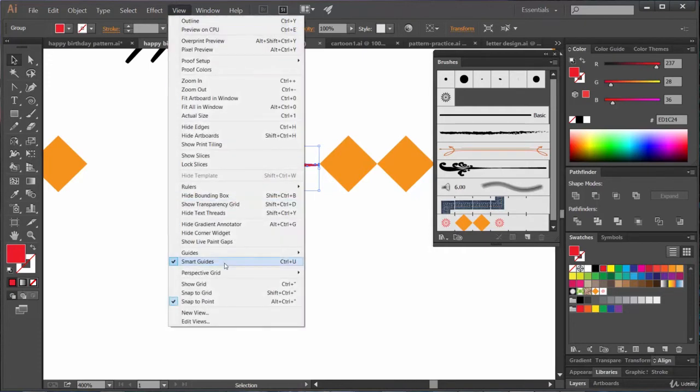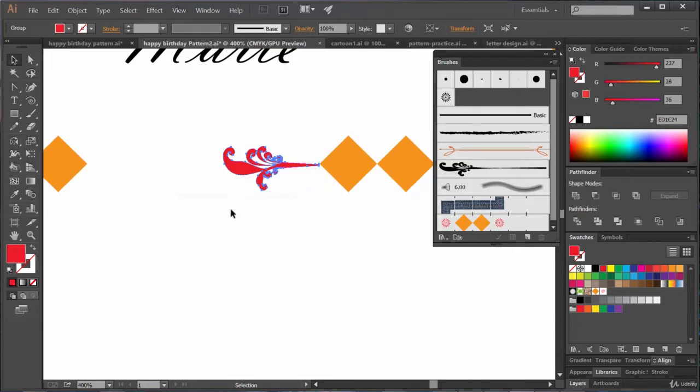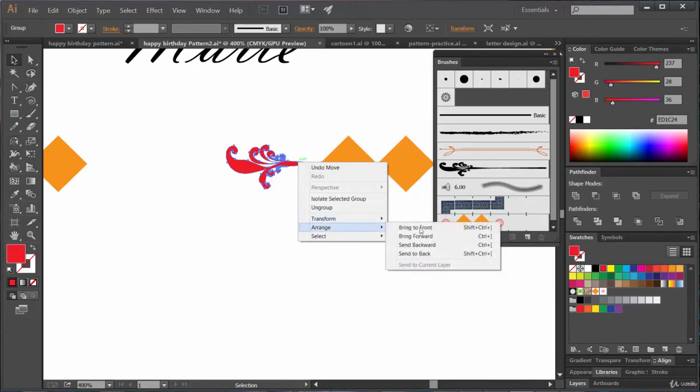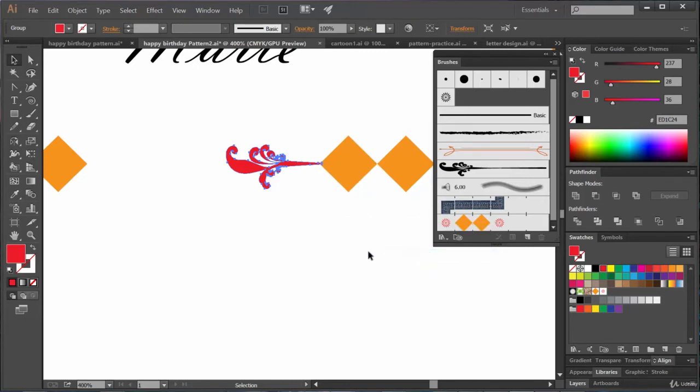Let's go to view and click on hide bounding box. Yeah, okay. Even you can send it to back.